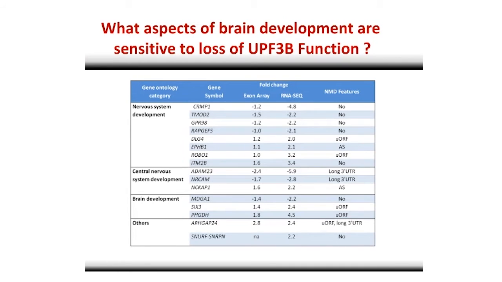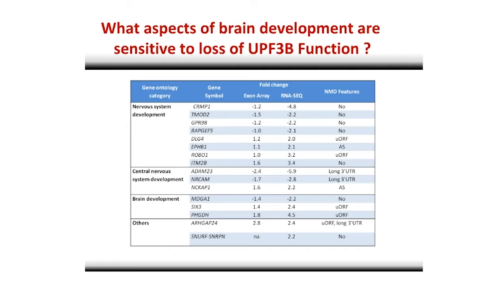So despite being from blood origin, there are actually genes that we picked out that were significantly deregulated that had bona fide roles in the development of the brain. So we can see various genes involved in nervous system development, and a couple of other ones which we were really interested in. This one here, RGAP24 down the bottom, we actually show that if you manipulate the expression of this gene in neurons, it really had quite a toxic effect on the neurons and changed their morphology quite drastically. So that kind of suggested to us that, despite being of blood origin, we were looking at genes that were involved with brain development.